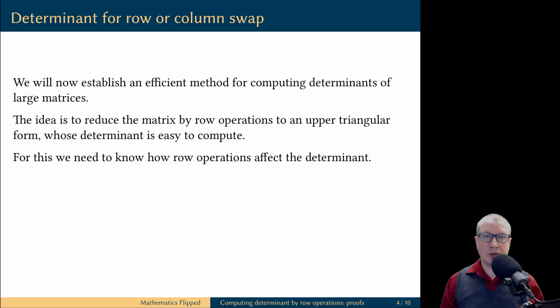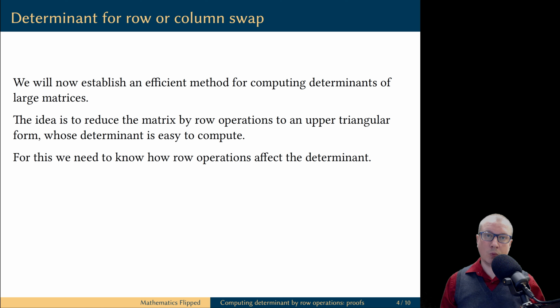Here is a preview of our upcoming efficient way to compute matrix determinants. Before applying the cofactor expansion formula, we will apply some row operations to the matrix. Our goal would be to reduce this matrix to the so-called upper triangular form, because as we will see, it is easy to compute determinants of matrices in the upper triangular form. But in order to realize this approach, we need to learn how performing row operations affects the determinant of the matrix. There are three types of elementary row operations: swap, scale, and replacement.